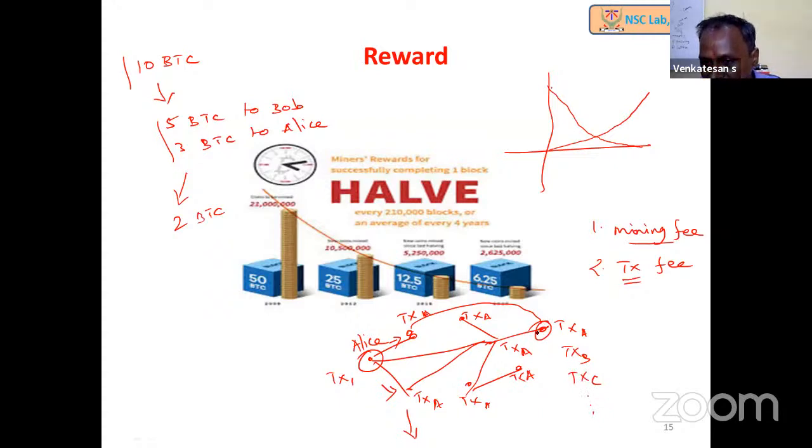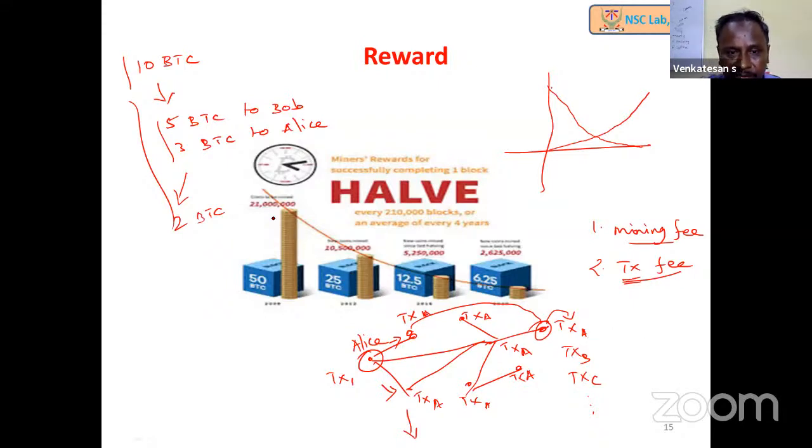Now, if this person is going to do mining, that is creating the block, then he or she will look into this pool and see who is giving more transaction fee, and those will be taken and committed into the block. The transaction fee is what the transaction is giving, and based on this we compute the transaction fee. However, the mining reward is not variable.